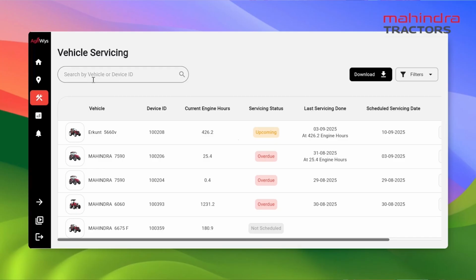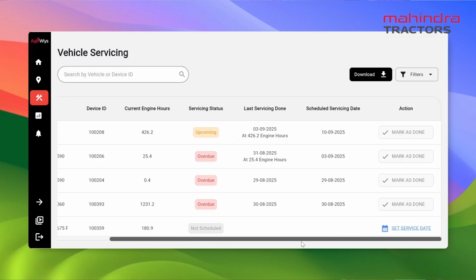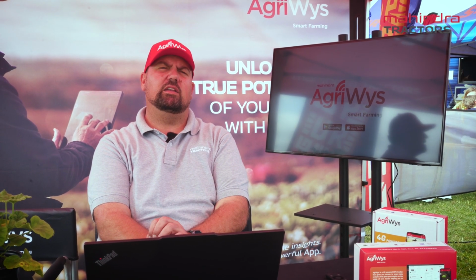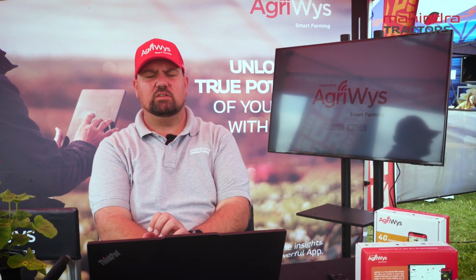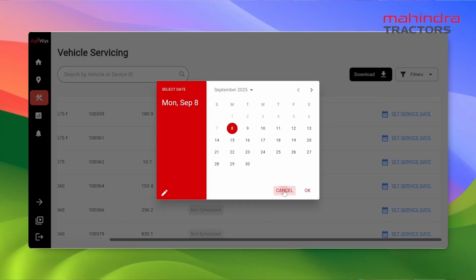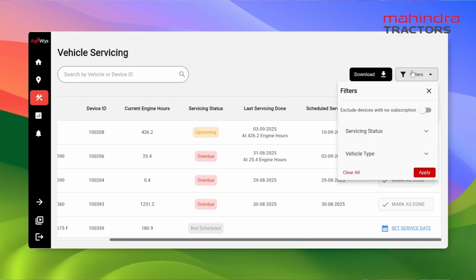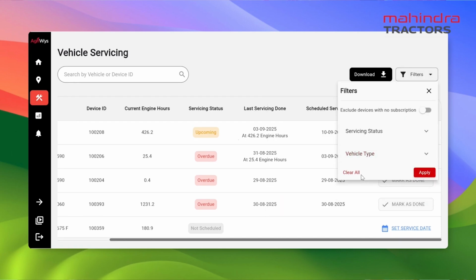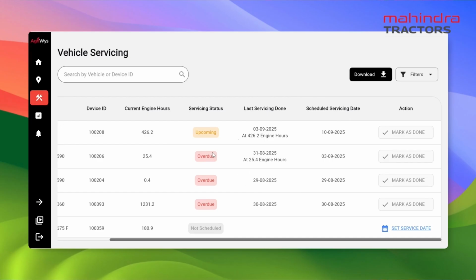Clicking on that, you'll go to the vehicle servicing process. It will show you upcoming services, services overdue, and services done. So as soon as you do your service, you'll select here that it's done. You'll put in your next date. On a busy time of the year, obviously that will be sorted, but it will also work on a date or hours of your tractor. Everything can be done on here.